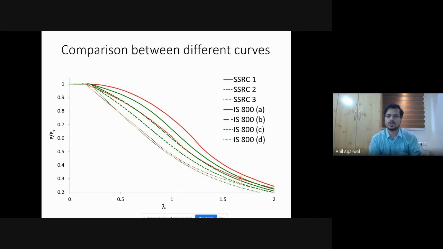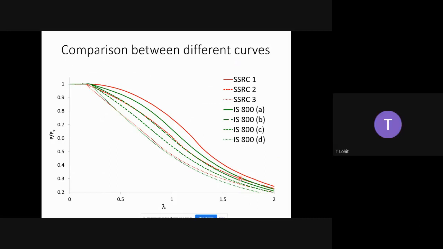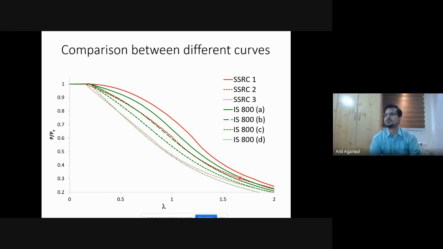How would you approach that? If I want you to design a column that does not buckle, if it has to fail, it has to fail only in yielding. What would you do? Design it as a stocky column. You will limit the lambda value, right? Up to something like 0.2 or 0.3, you can say it is primarily a yielding kind of a failure.